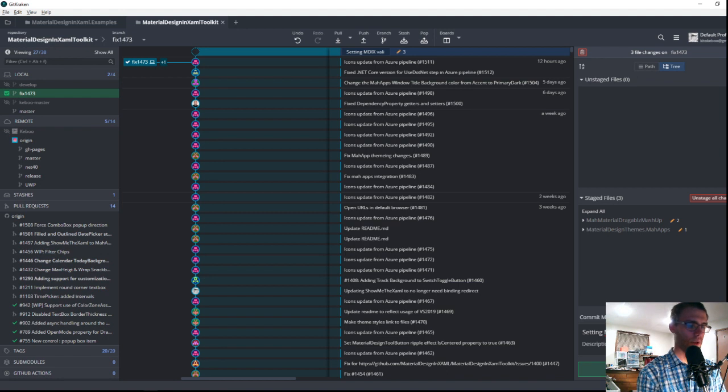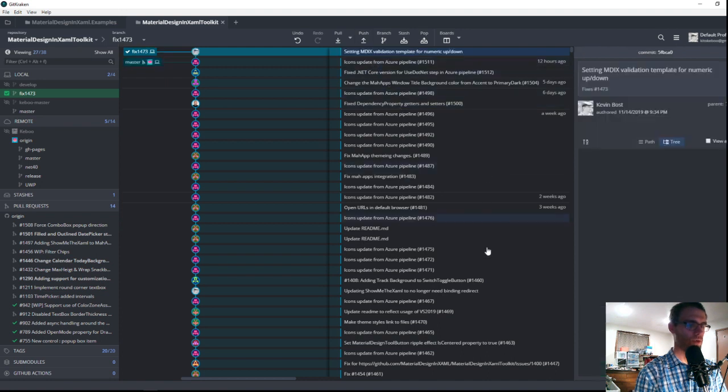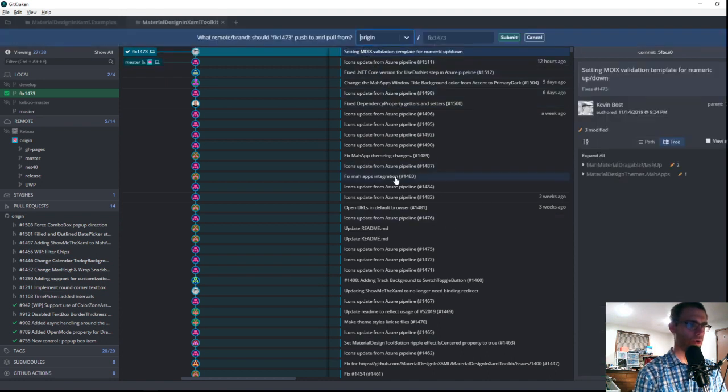Let's see, validation template for numeric up down, fixes 1473, commit, and push. Yeah, that sounds great.